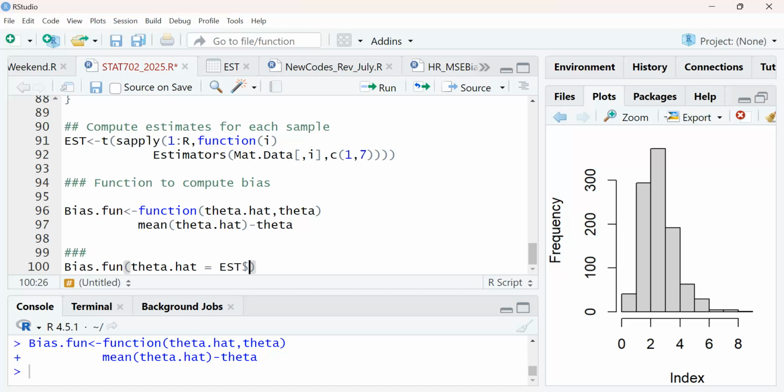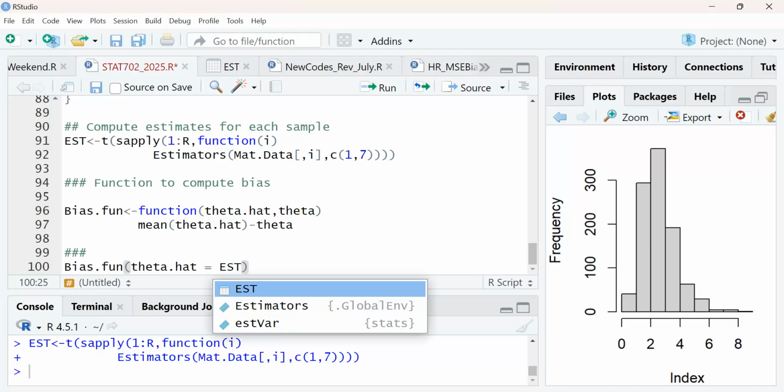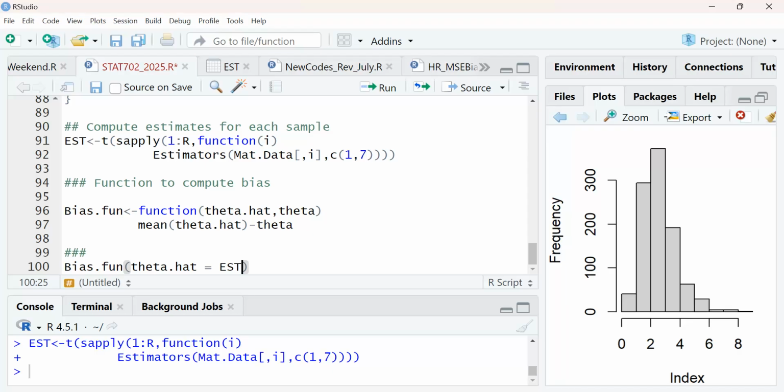Oh, this one doesn't have a... I thought it's a data frame. Okay, it doesn't allow us to. Is it a data frame? No, it's not. So what do we do now?